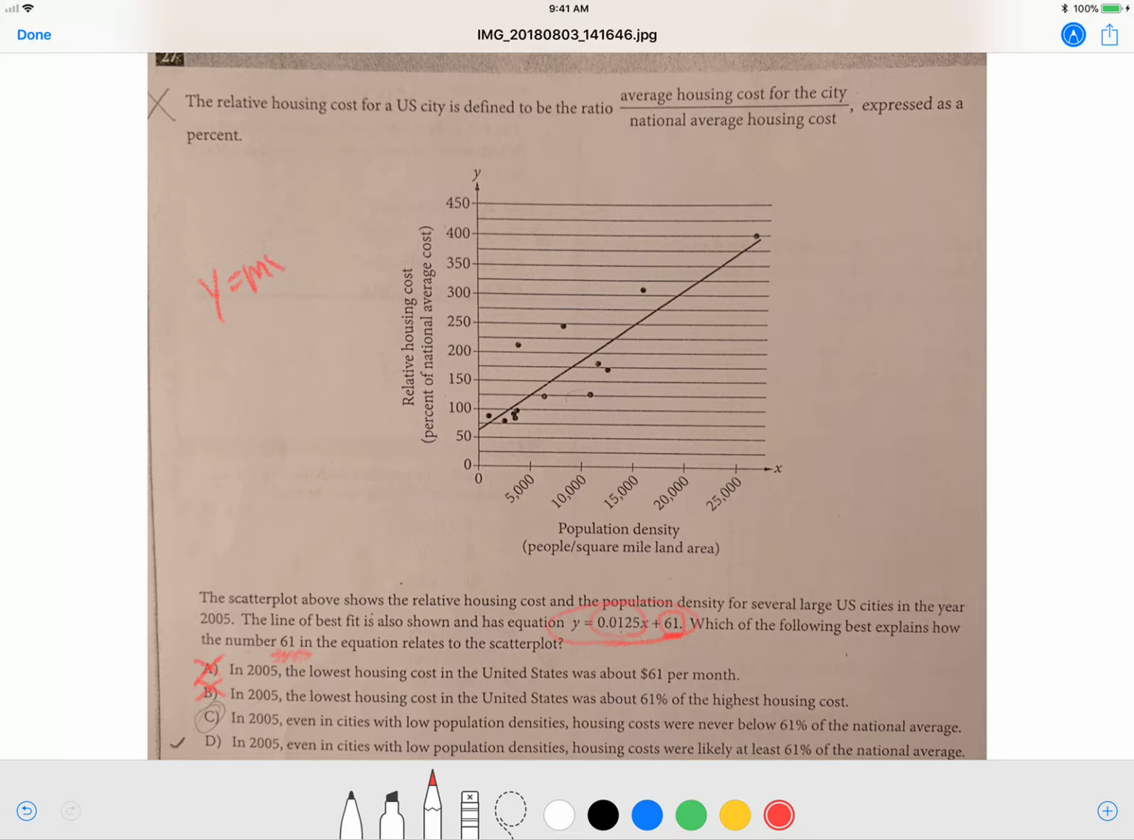Now, y equals mx plus b. M is your slope, b is your y-intercept, and I always said slope is the rate. How fast, rise over run, how fast is the population density in relation to relative housing costs increasing or decreasing? Y-intercept is what I like to call the initial value. So that's basically when your population density, which is your x, turns out to be 0. So that's what 61 means. It means that when your population density is somewhere close to being 0,